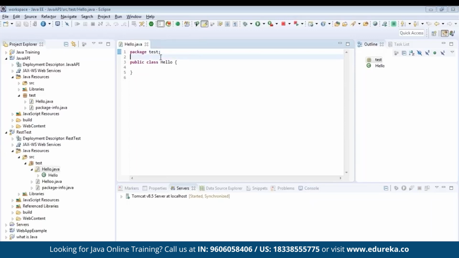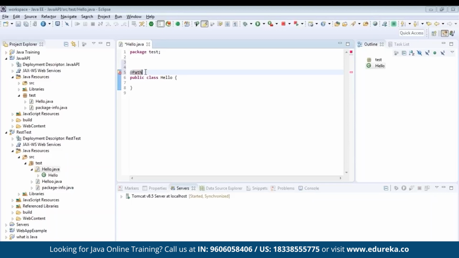Clear? So from here on, we'll begin by creating our web service. The first thing that you need to do is create an annotation that will specify the path of this web service. For that you're going to use the annotation @Path, so it's going to be @Path, and then you need to import